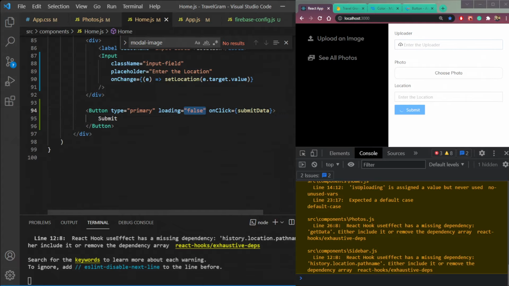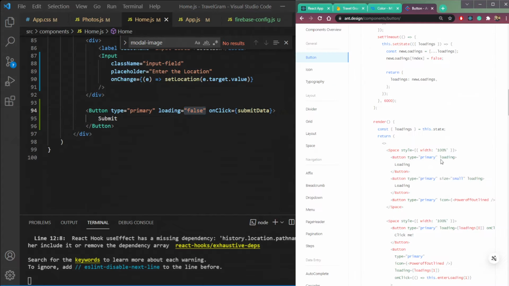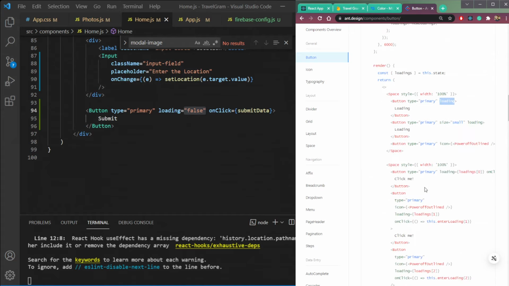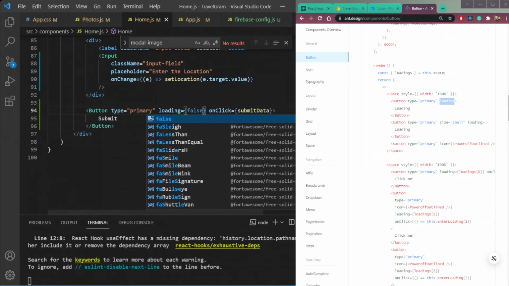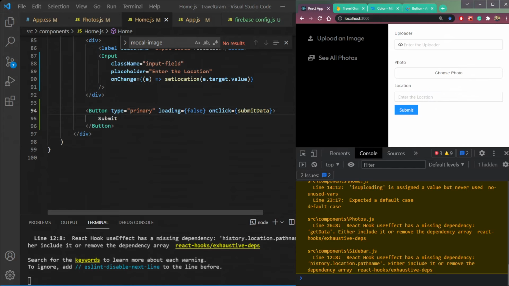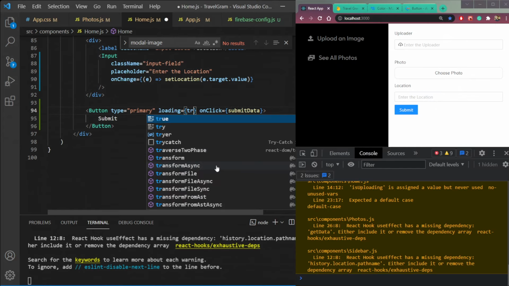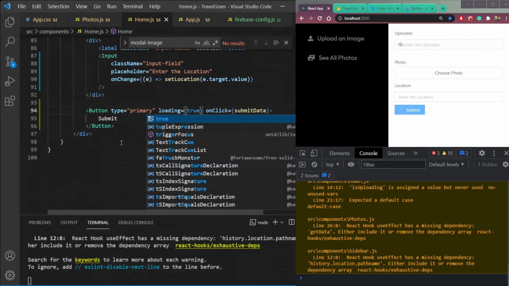Wait a sec. So loading. We need to make it boolean, I think. So false. Okay. If it is false, it's not loading, and if it's true, it's loading. See.